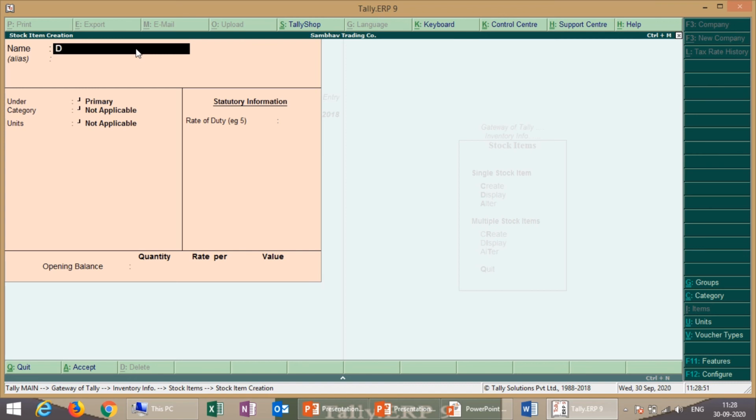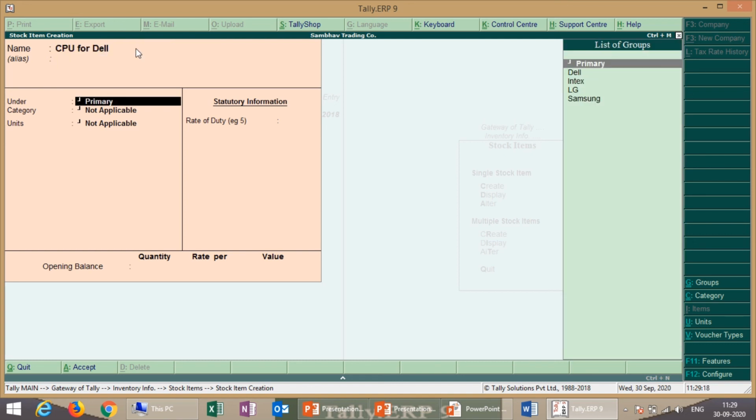Next one, dot matrix printer. Okay, we can create the monitor. So 15-inch monitor. We create the CPU for Dell.